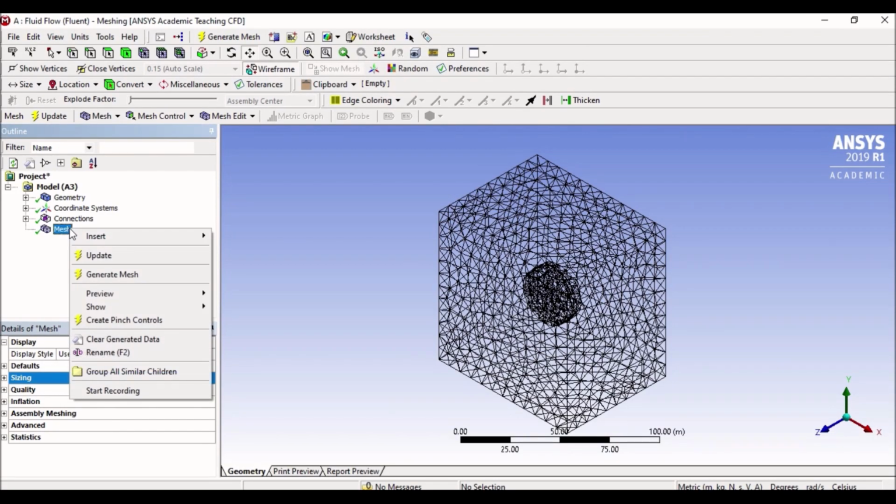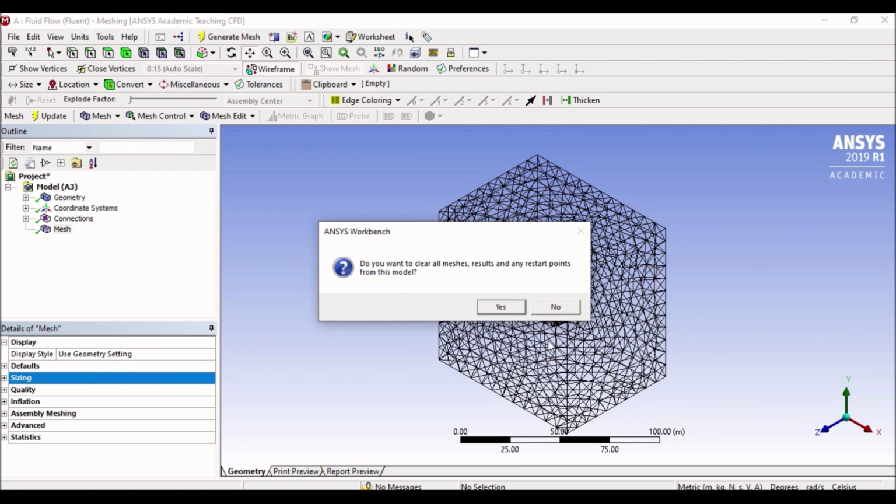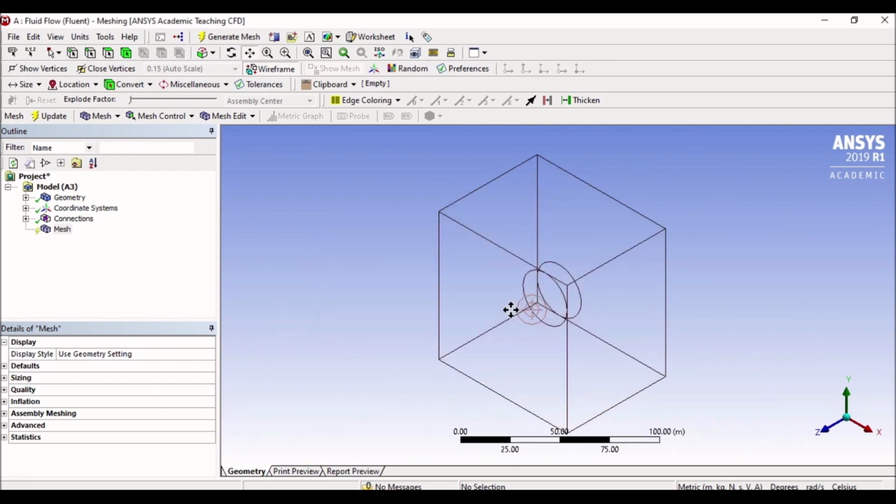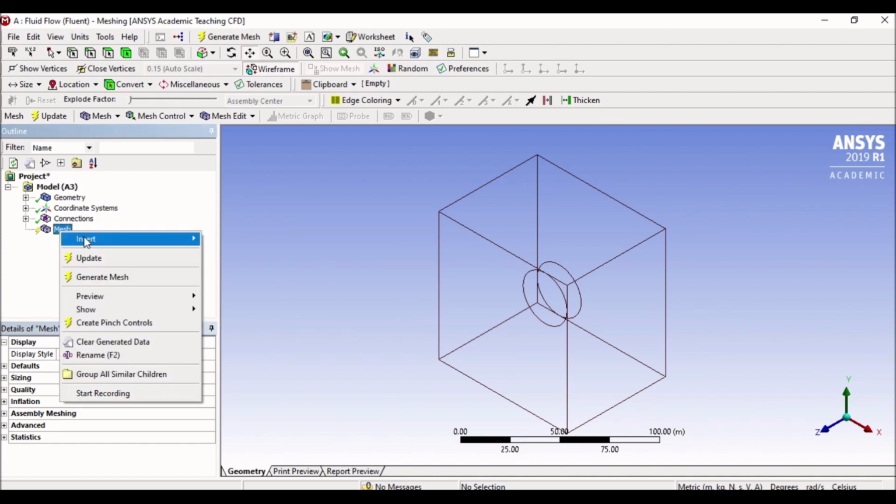So let's start with the sizing. You right click on the mesh, and now instead of creating generate mesh, first we will clear the mesh because we are not satisfied with the current mesh. Okay, clear the mesh. Now it brings me back to my normal geometry, and now I go to mesh and